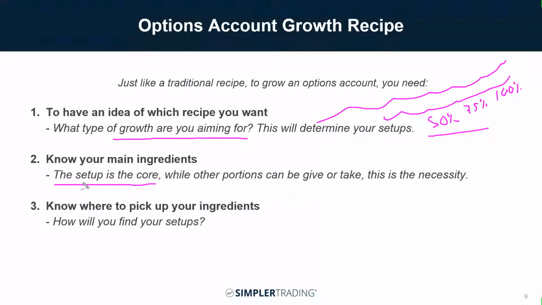So that's why we're doing multiple setups here today. Now the setup is the core, right? Like you can't have a Thanksgiving dinner without turkey, right? But of course, you want some other portions on the side. So you absolutely have to have your setup. And then there are going to be various sides that are give and take, but you have to have your main pattern. You also need to know where to pick your ingredients, which is how are you gonna find